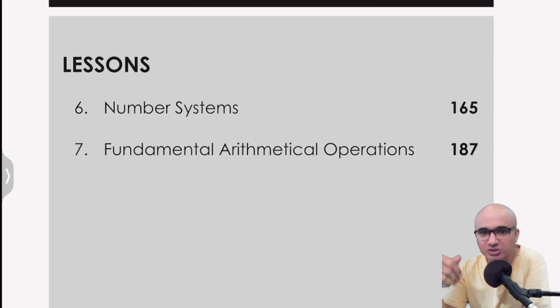I think this is the only section in the entire syllabus where you would find it easy to understand, because this is not something new to you. For example, when you think of fundamental arithmetical operations, what do we think of? We know that we have addition, subtraction, multiplication, and division, and that entire chapter is based on these 4 operations only. That's all. And number systems is mostly theoretical. As I said earlier, it's all about what is a whole number, what is a natural number, what is a rational number, irrational number, integer, decimals, fractions, etc.